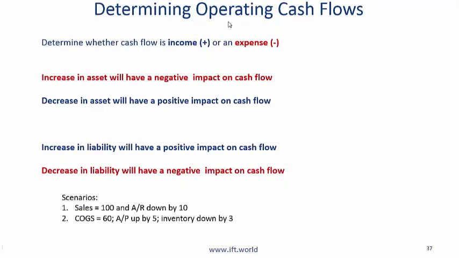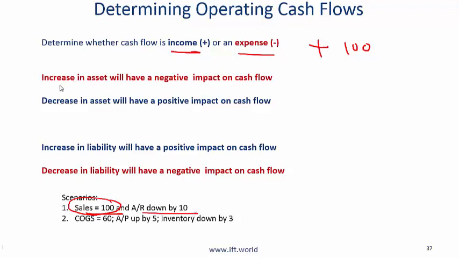This now is extremely important. Determining operating cash flows. Determine whether a cash flow is income or an expense. So let me just explain this through a simple example. Let's say that you have sales equal to 100 and receivables went down by 10. So what is the cash flow? What is the money received from customers? The first thing you do is determine whether this item that we are talking about, sales, is this money in or money out? Obviously sales is money in, so you put plus 100 for sales, and then accounts receivable down